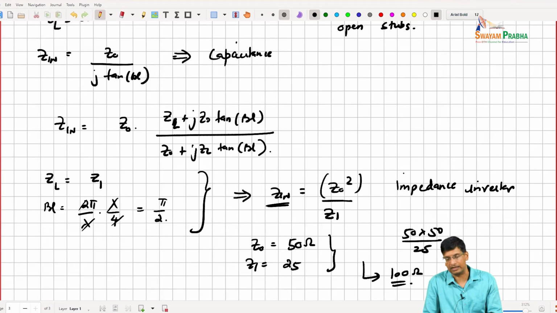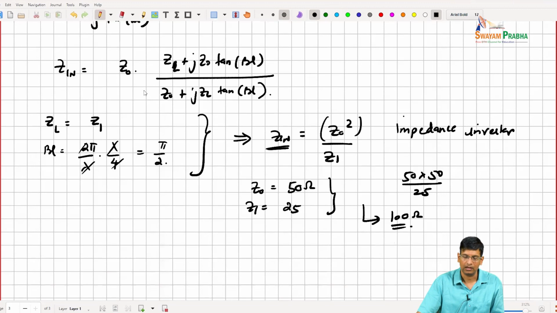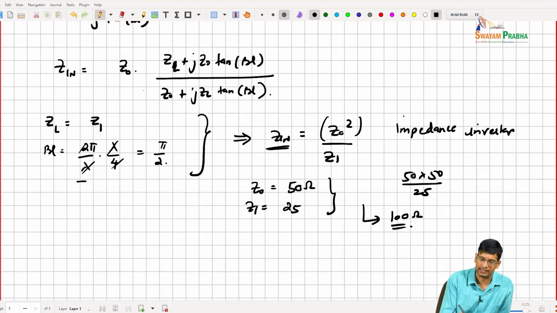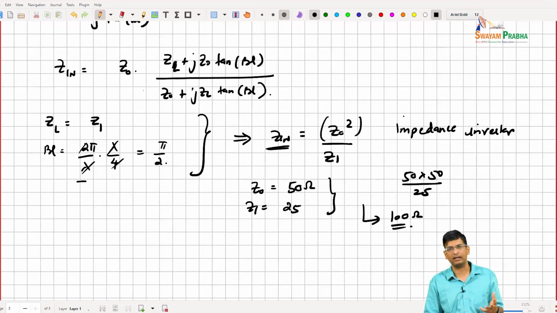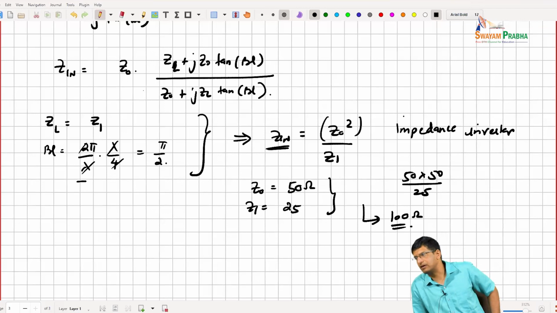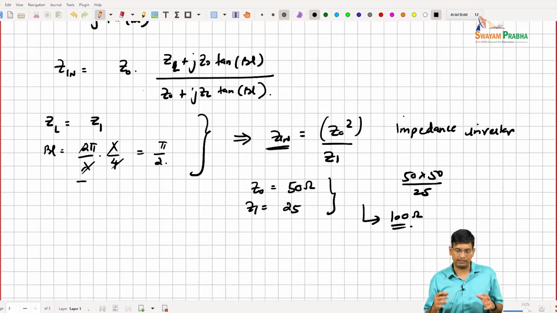So we can basically get high impedances to low or low impedances to high using this kind of impedance inversion. So it is quite important then, as you can see, to know precisely what the wavelength is in your transmission line, right? So from a modeling perspective, since the transmission line is modeled with the unit inductances and capacitances, that also means that if you model one short section of the transmission line once, you can reuse it everywhere